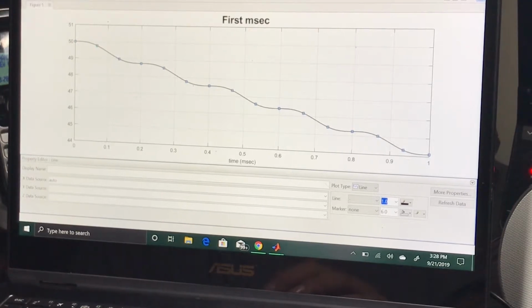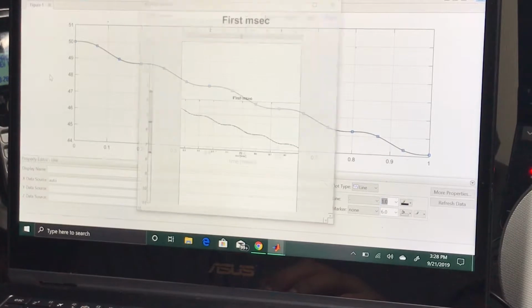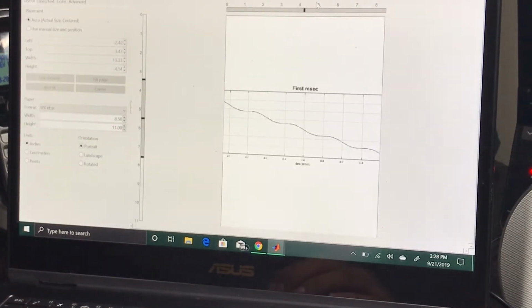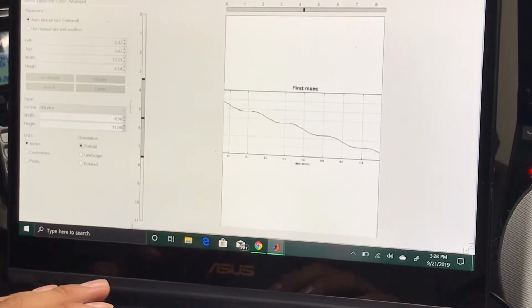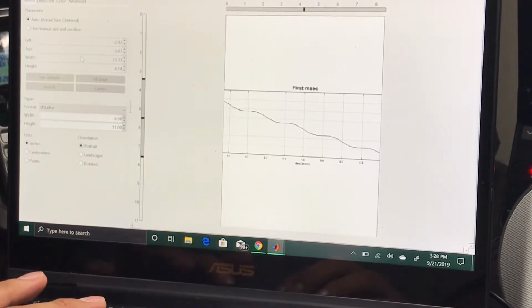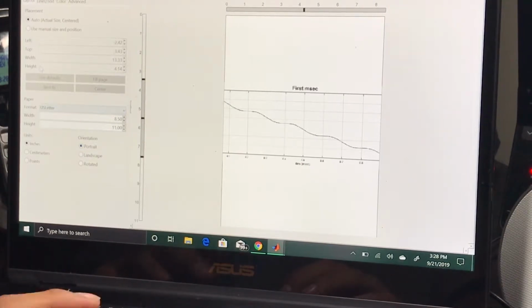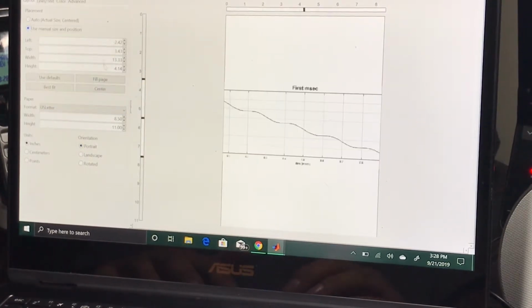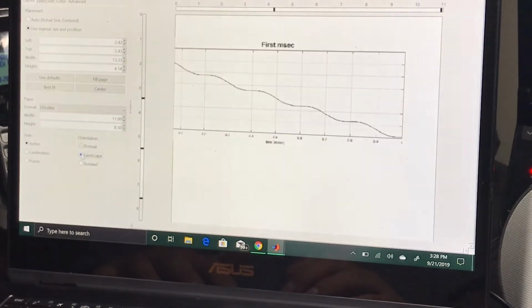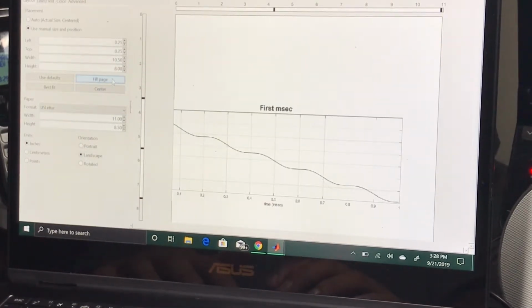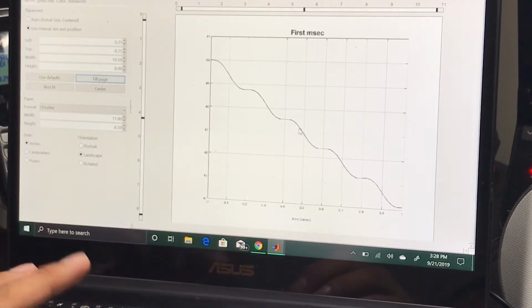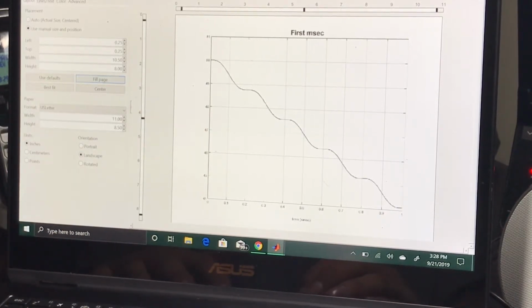And now, the part that I really wanted to show you, print preview. This right here. So this is how you can visually see the plot. And pretty much, you're not going to be able to touch any of these because it's in auto mode, but you are able to touch landscape. So what I usually do, I click on use manual size, and then I click on landscape, and then I click on fill page, and that's when you get this. So pretty much if you want to save it, click on print,